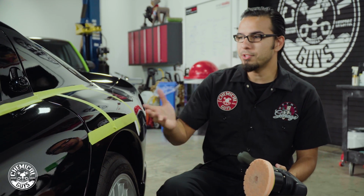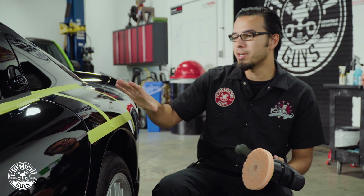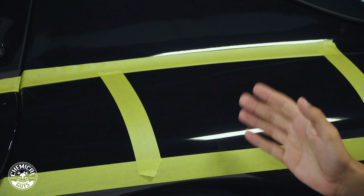Now I've just finished the prep work on this Viper, and now we can move into the actual polishing steps. As you see, I've taped off the trim, and that's going to prevent any kind of staining or the machine from rubbing up against it. And also, I've taped off a section here to give you guys at home before and after of the polishing